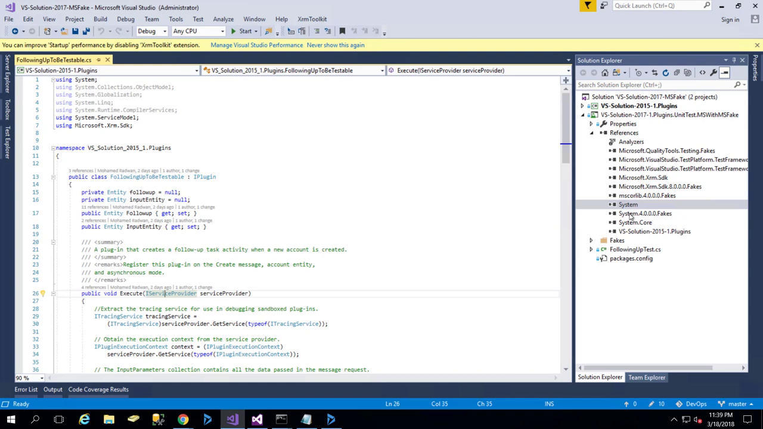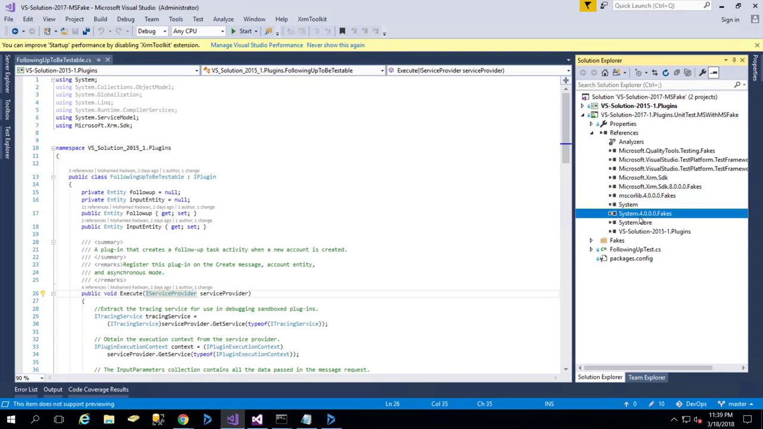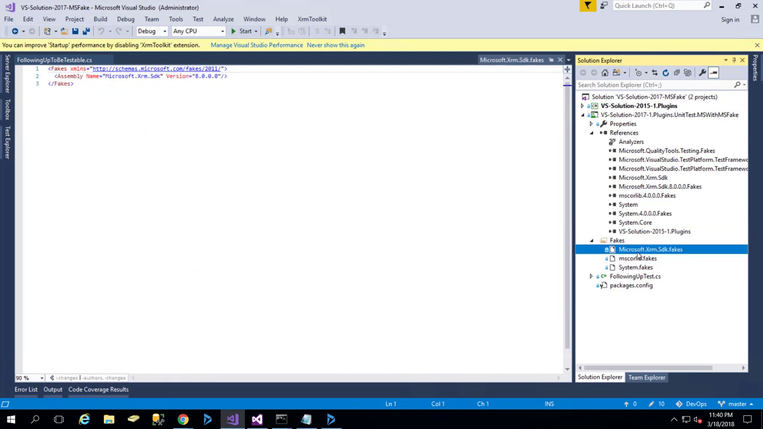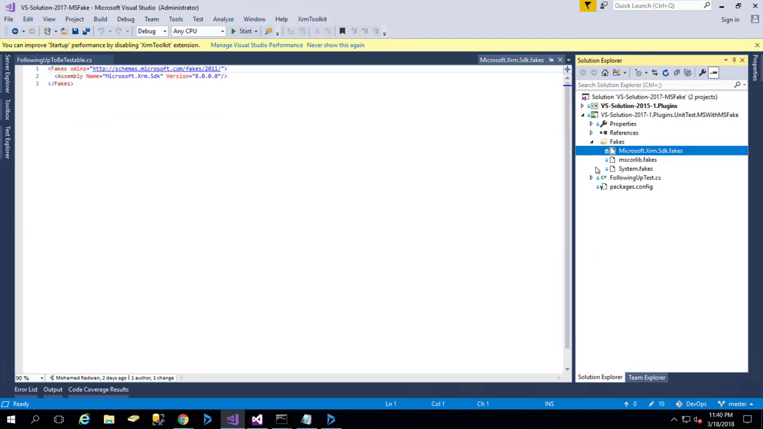Once I create this fake, it by default creates many other fakes, like system. It doesn't appear here, but if I go for the fake here, I can see I have MS corlib fake and system fake and also the XRM fake. So once I have all these fakes,